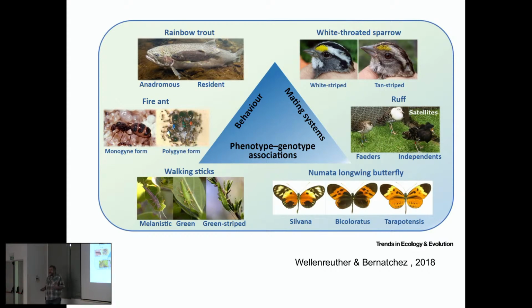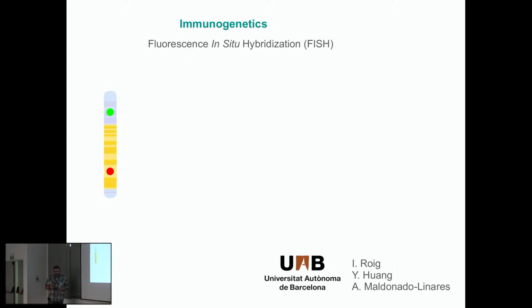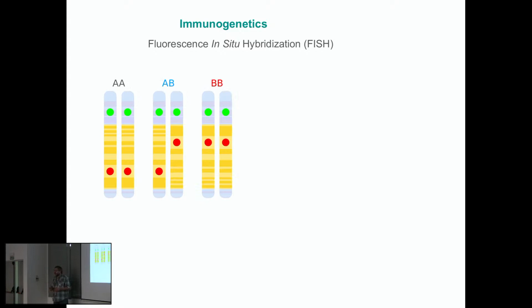So let's see if we have an inversion. For this, we collaborated with people at the Autonomous University of Barcelona, and basically what they did is to develop two probes, one that would be inside the inversion and one that would be outside the inversion with different colors. And the idea would be to make immunofluorescence, make cytological preparations, and try to see if we have results like this. If we have in some individuals, the ones that appear not to have the inversion, to have the green and red dots very far apart. If they have the inversion, they would be very close together. If they're heterozygotes, the two red dots would be separated from each other.